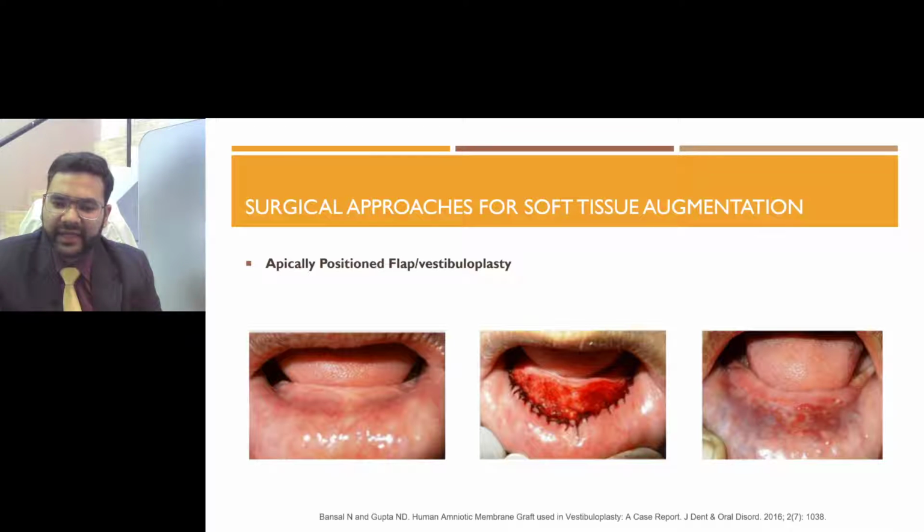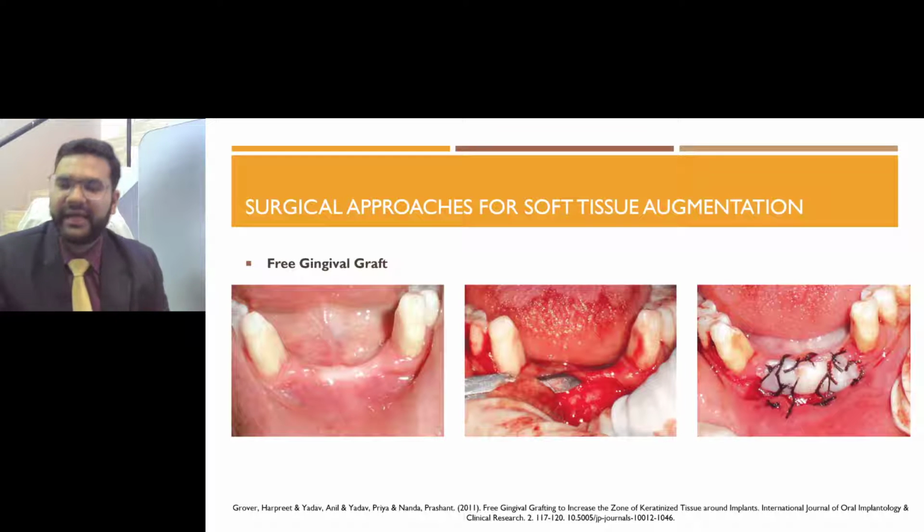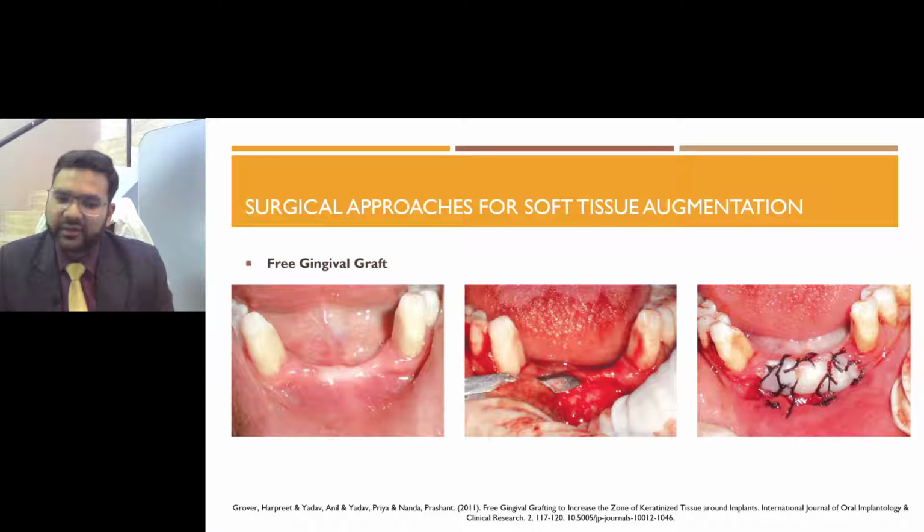bed, and the outer layer is sutured below, into the muscle attachment here. Now this recipient site, which is left, can be left raw, or can be covered with a periodontal pack, or it can also be covered with a free gingival graft, as we will see in the next slide. So here the procedure is almost similar to an apically positioned flap, but the free gingival graft has been placed on that recipient bed, and it's a very preferred treatment option because it provides a good thick band of keratinized tissue after healing.